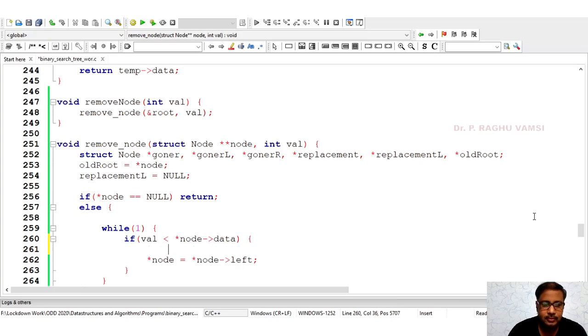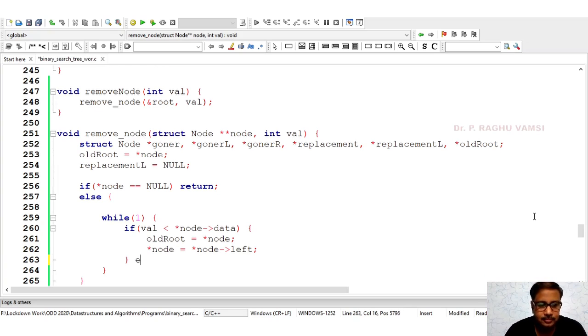While moving, old root should be set to star node, so that before traversing we keep the node value in old root, and old root consists of the node which is already traversed.